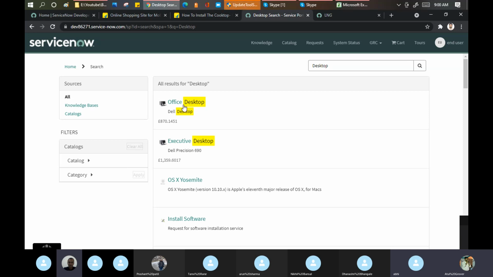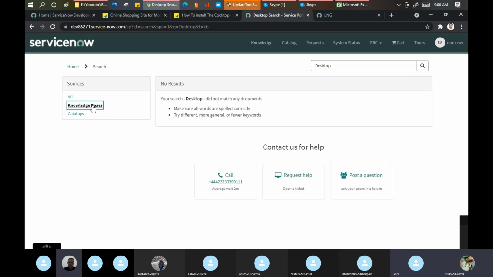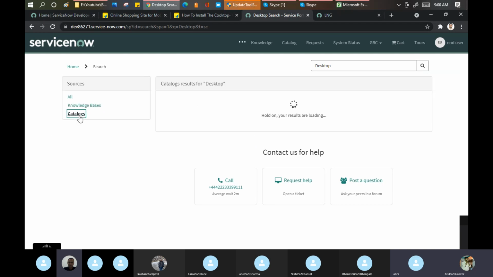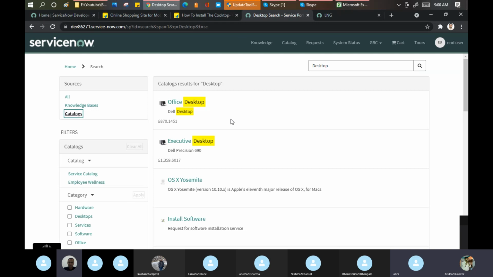You want to purchase a desktop, or you have some issue in the desktop for which you need to look at the knowledge articles. Here, see, all. I said no, I want to install something in my desktop. Okay, then I can find out like this. No, I want to order something. Go to catalogs. Then you can order something.